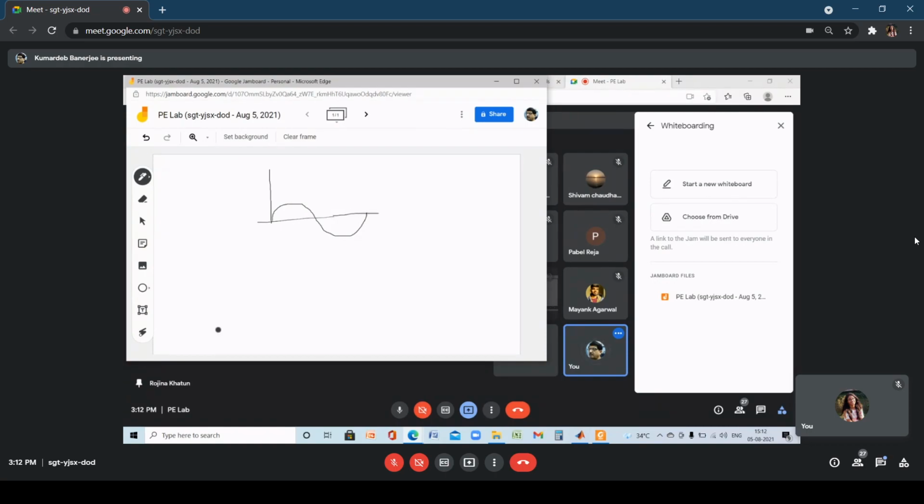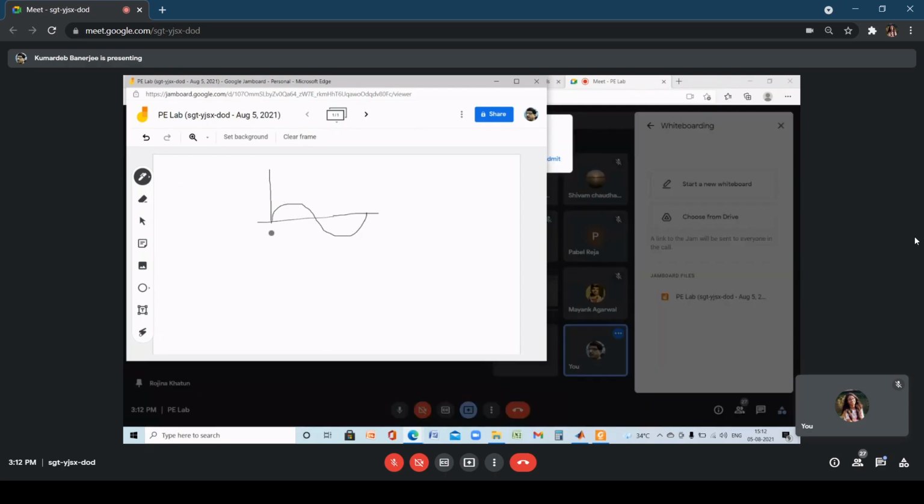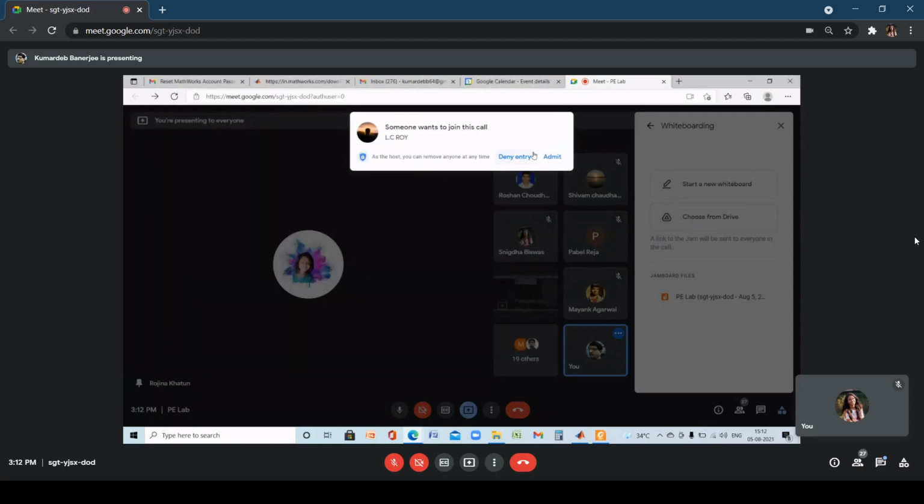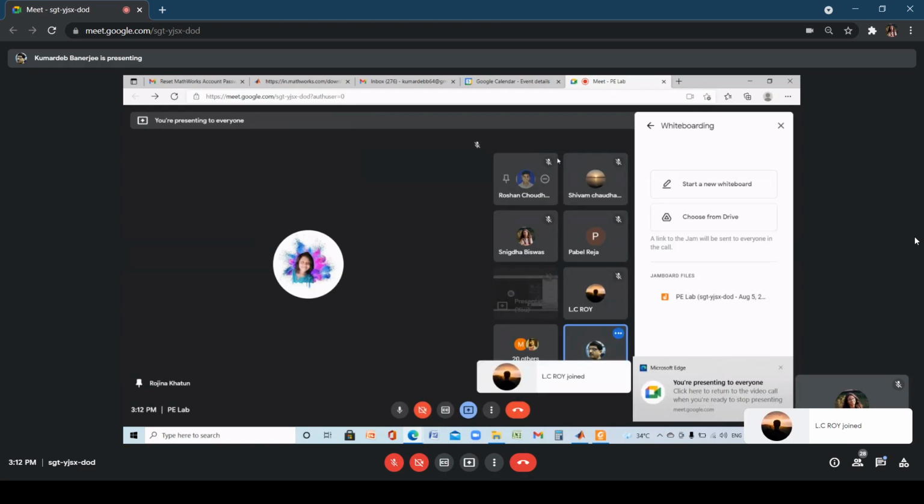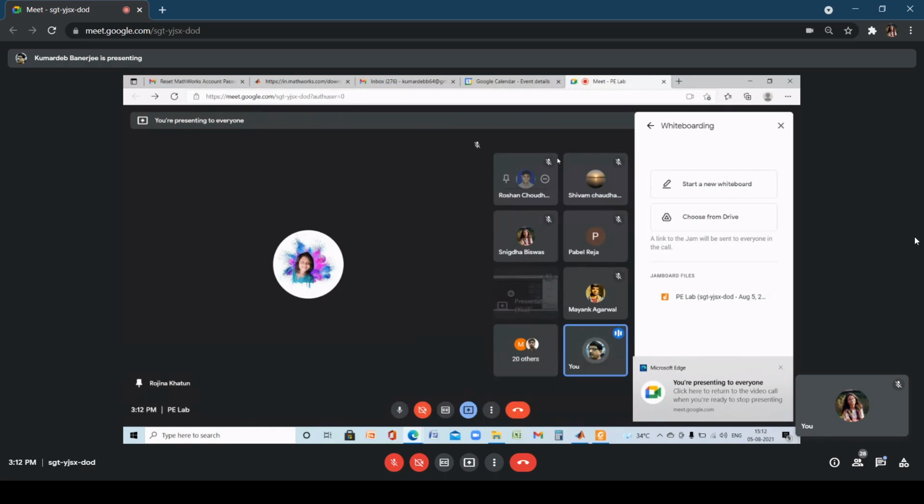Clear. But what will happen, since it's a half-wave rectifier circuitry, okay, since the half-wave rectifier circuitry,